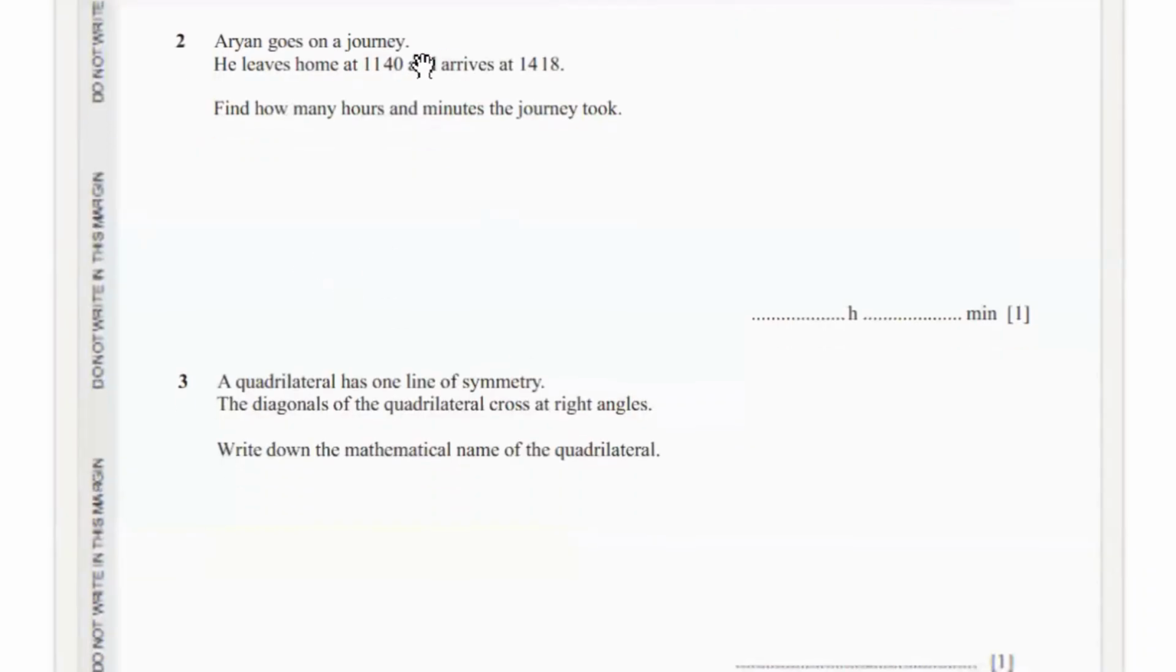Question 2 says Aryan goes on a journey. He leaves home at 11:40 and arrives at 14:18. Find how many hours and minutes the journey took. So